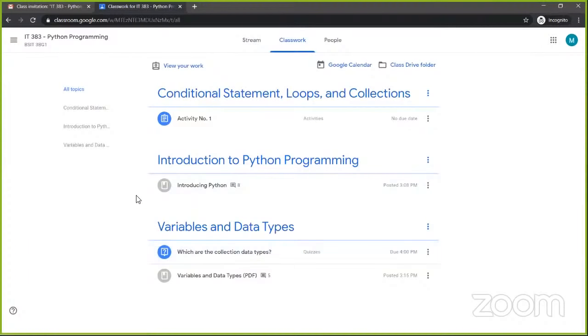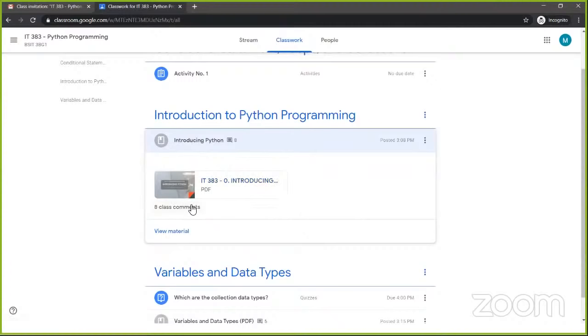So ito po yung student part natin. Dito po we could view materials. Let's say click po natin itong material ni Introducing Python. And then makikita po natin dito yung attached material. Okay? Then of course, we could also view the rest of the comments of our